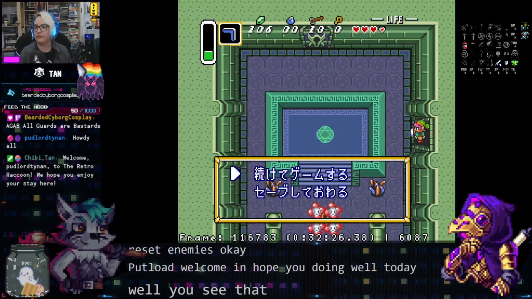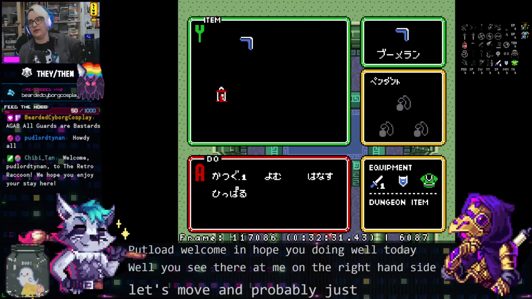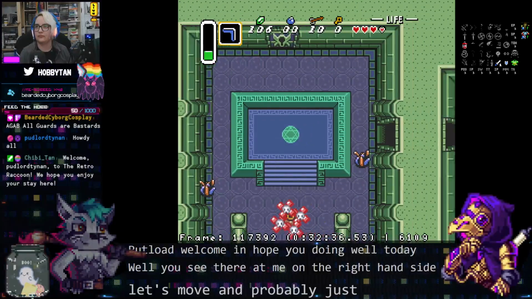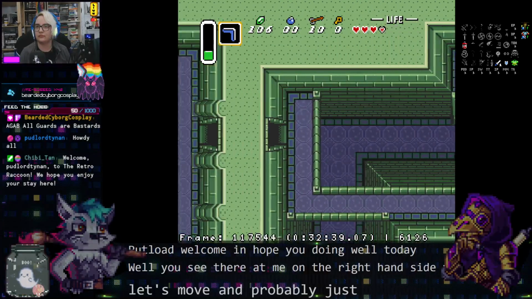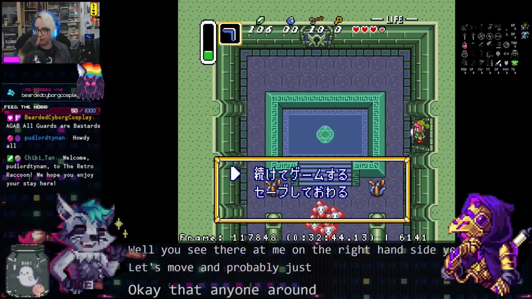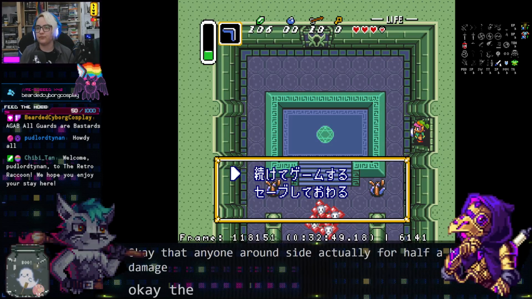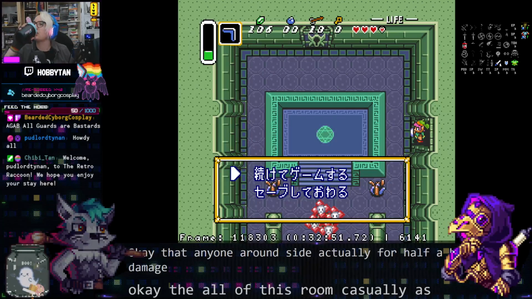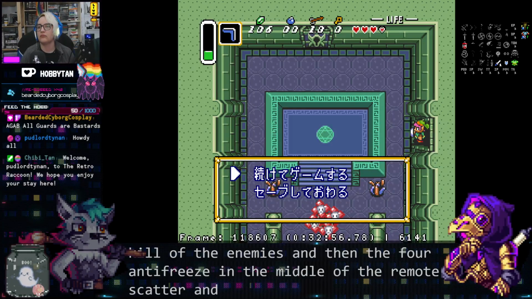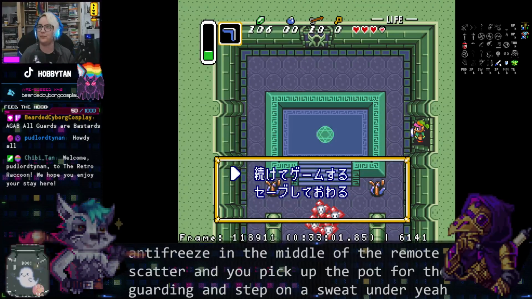So you see that enemy on the right hand side? Yeah. That's moved. Probably just pause with the screen up, so we can still see what's in the room. Okay, that enemy on the right hand side hits you for half a heart of damage. The goal of this room, casually, is to kill all of the enemies, and then the 4 anti-fairies in the middle of the room will scatter, and you pick up the pot that they're guarding and step on a switch under it. Yep. The speedrun strat from last week